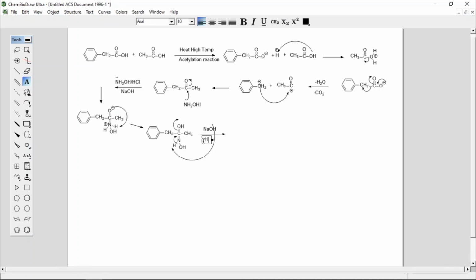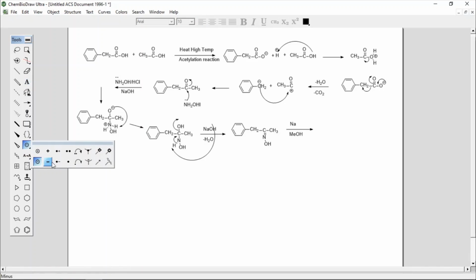Na, writing the reagent on the reaction arrow. So sodium in presence of OH. So this is your reducing reagent. Now the role of this reducing reagent, this sodium, is that you know that sodium has one electron in its last shell. So it can easily lose its electron, it is easily oxidizable. So it oxidizes itself and reduces this molecule.